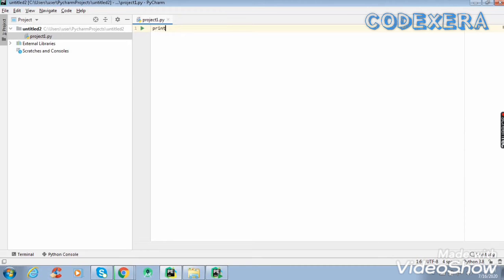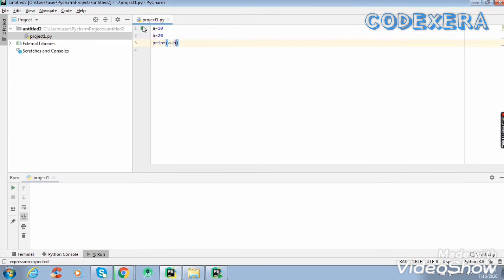I will show you something: a is equal to 10, b is equal to 20, print a plus b. After running this we see that we get the output at once, without saving it.